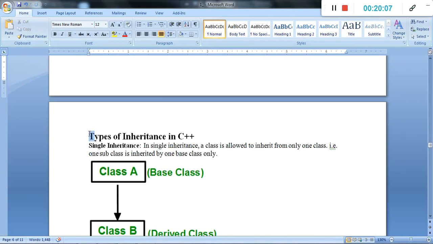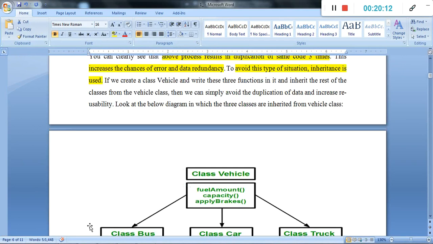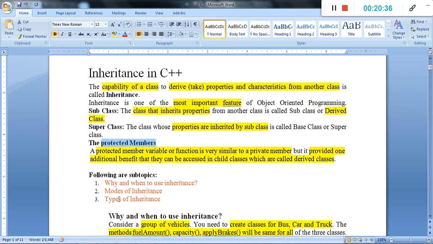This was an explanation about what exactly inheritance is, then subclass or derived class, and superclass, which means base class or parent class. Then the concept related to protected members, and why and when to use inheritance. The mode of inheritance and the types of inheritance we will understand in our next lecture. Thank you.